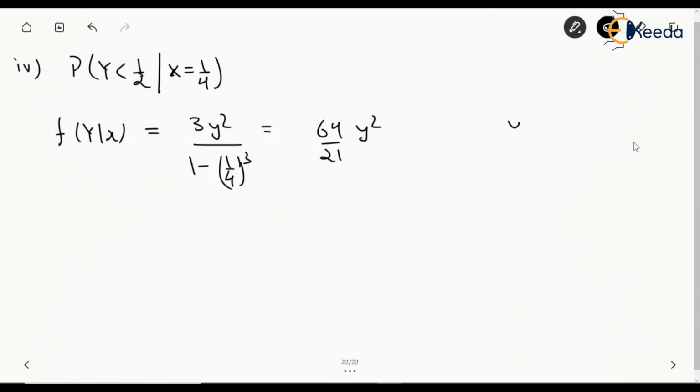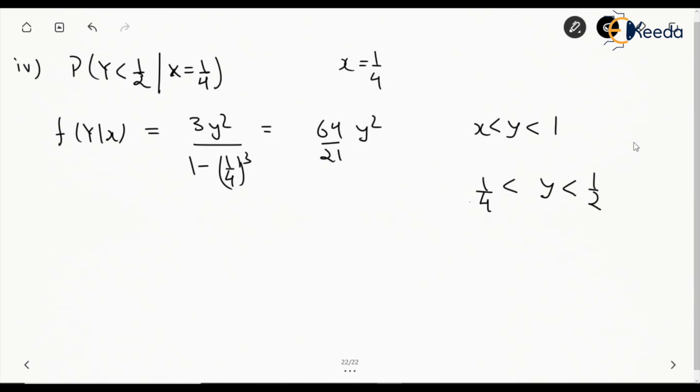The limit for y is, it should be greater than x and it should be less than 1. So what is the value of x? X is 1 by 4. So I'm writing the integration should be greater than 1 by 4 and less than, what is the condition for less than? Less than is 1 by 2. Why did we change this? Because x has a constant value. X is equal to 1 by 4 here. So we are putting this. And it is valid up to y equal to 1. But we want to find up to y is equal to 1 by 2. So we are changing this y to up to 1 by 2 and starting with the x. So x is already given. So it is 1 by 4.